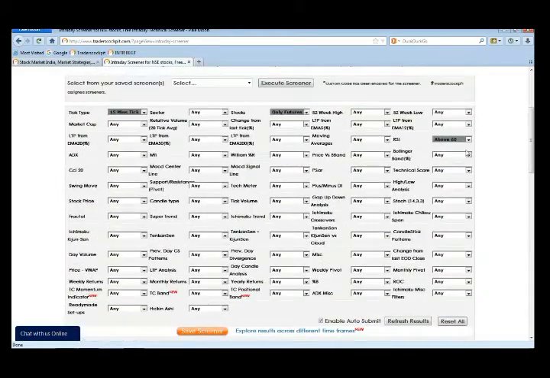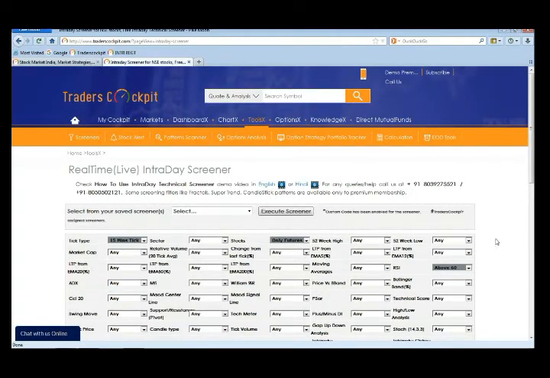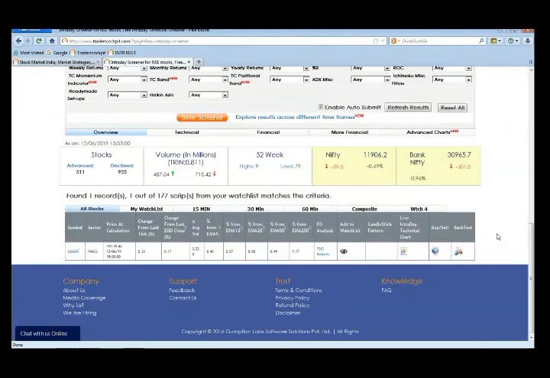Now along with the RSI above 60, which is a bullish condition, say I want a super trend crossover also. Simultaneously, yes, you can combine two or three different indicator conditions to create your own strategy. If you have any strategy of your own, you can configure that over the screener page here. So with RSI I'm combining a super trend crossover, a bullish condition, and downside it's showing me one record itself, that is Dabur.